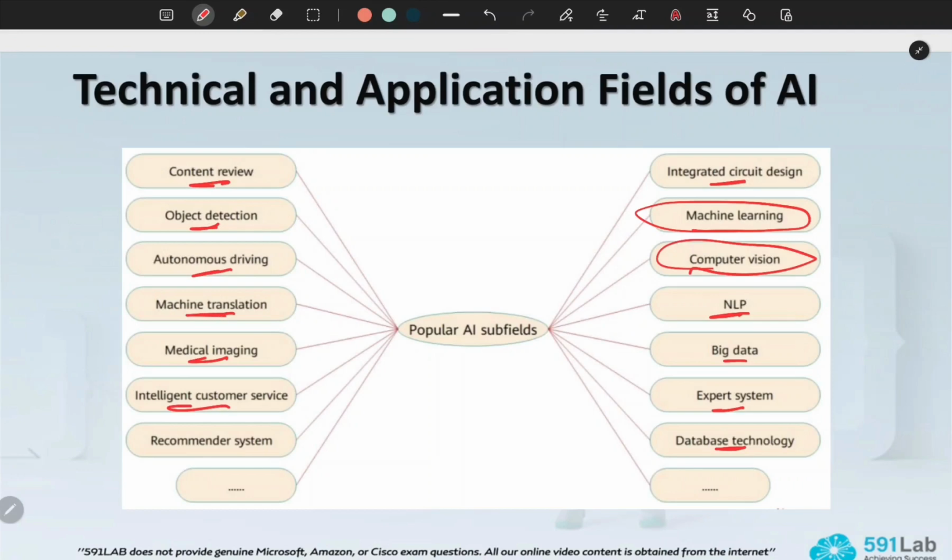All these are subfields or application areas of AI and machine learning. And of course, machine learning overlaps with all these fields.